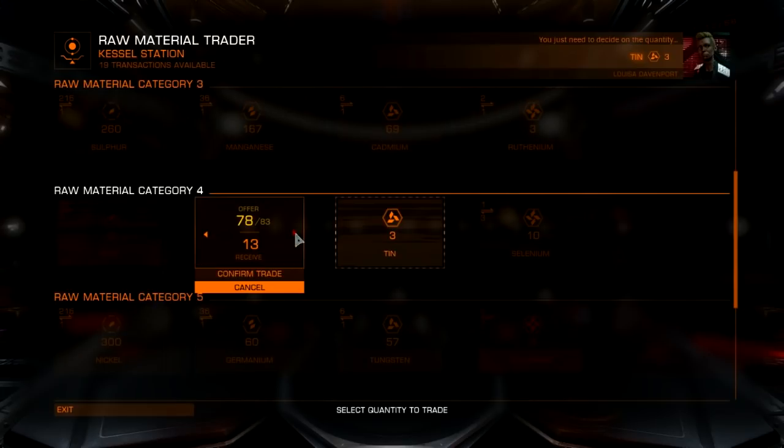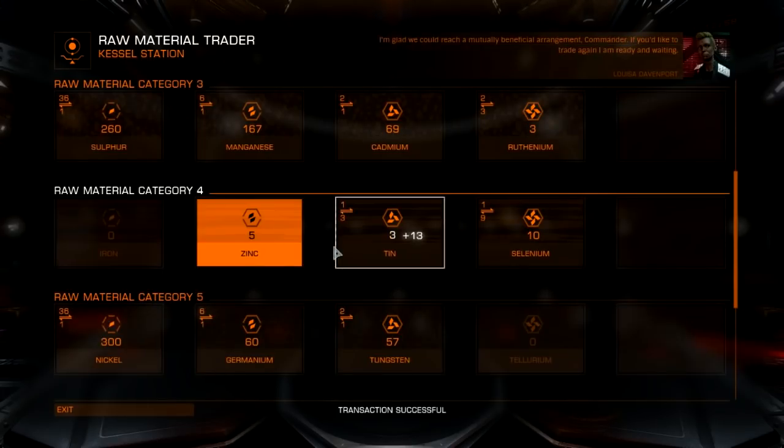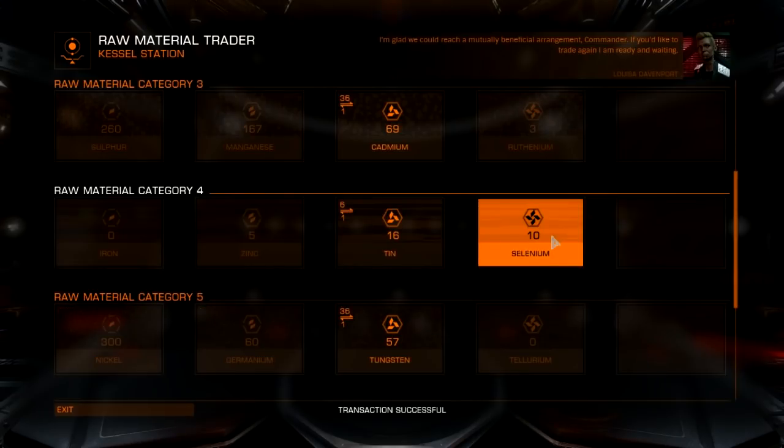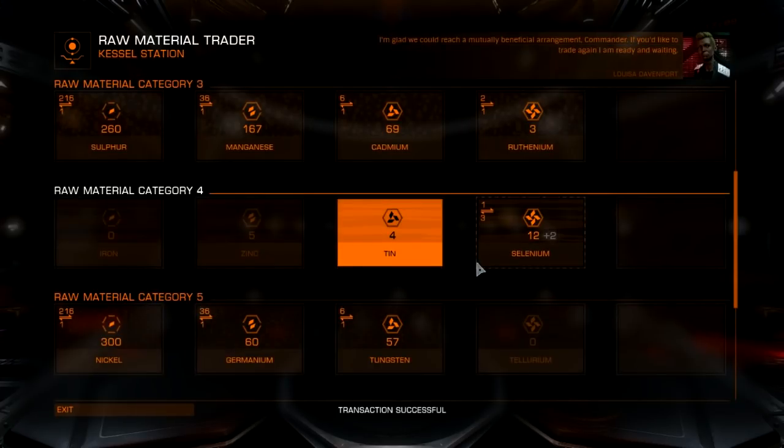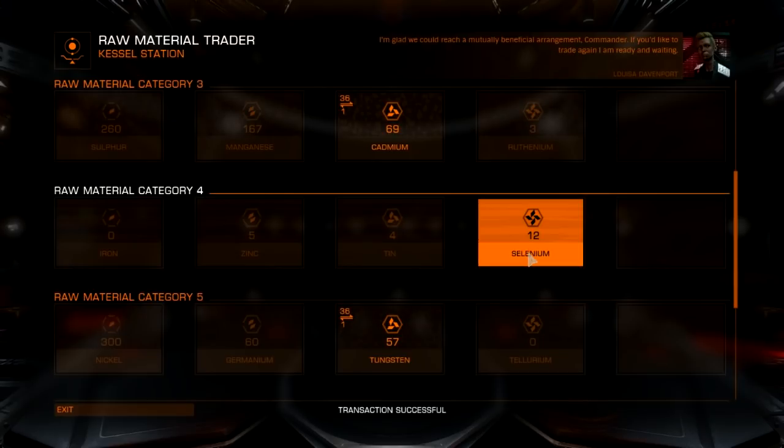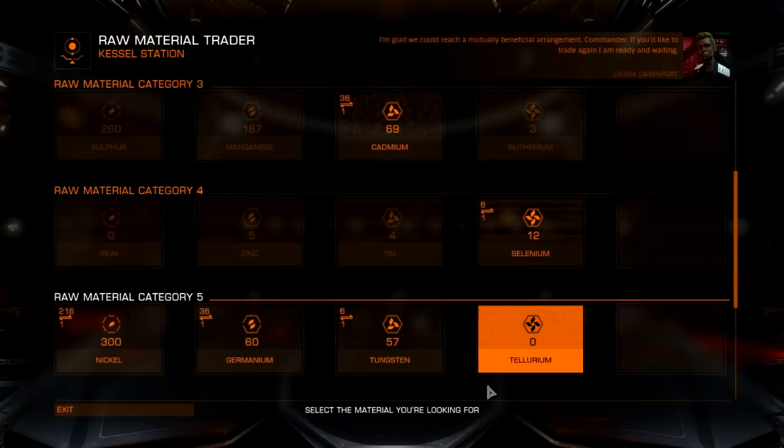And since I don't need zinc or iron or tin for this, I can go ahead and do this. It gives me 1610. Now I want selenium, and let's turn 12 of it into 2 more selenium. Boom. And that was the last material I needed for the material part of the requirements for